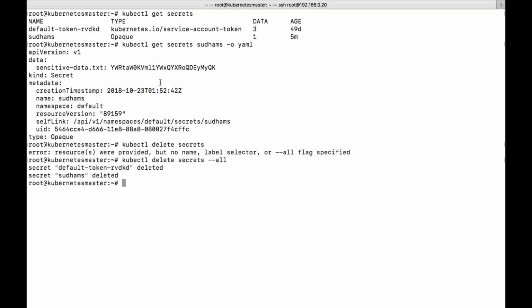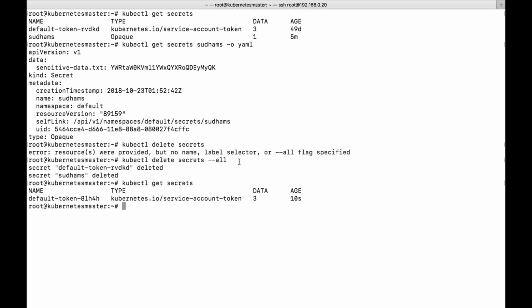We need to be careful. Fortunately it is automatically created, so no worries. Now let's create a secret with a key-value pair and see what happens.